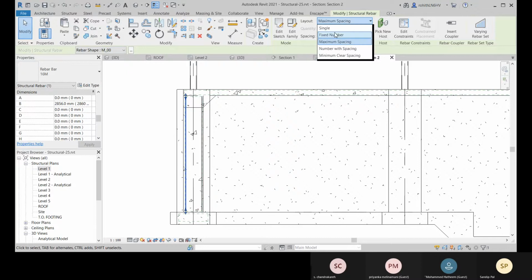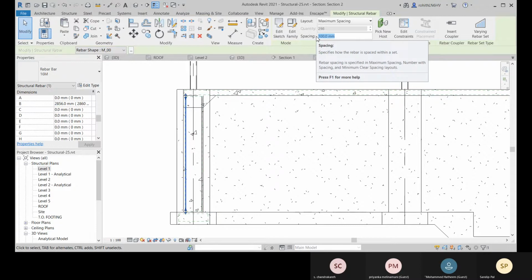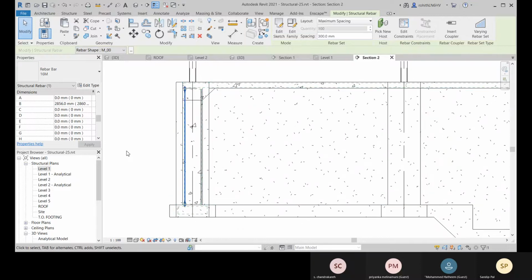And if you want to define your number of rebar, you can go with this fixed number. So let's go with this spacing. Like 1 feet I can provide, so for that 300 mm. Okay, so that you have defined. All right, and accordingly you will get it.